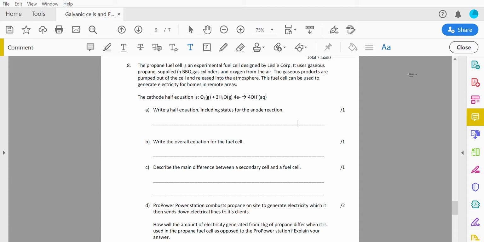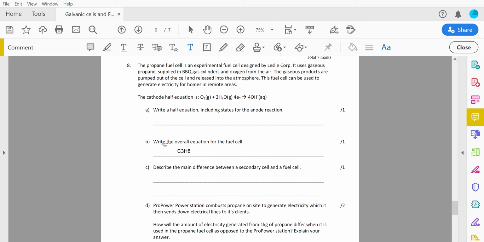So, first thing we're going to do, we have to calculate the half equation for the anode reaction for a propane fuel cell. So, again, oxygen is going to be reduced at the cathode. Our fuel, propane, is going to be oxidized at the anode. A good place to start is actually writing the overall equation for the fuel cell. Because, if we think of it, when we have these hydrocarbon fuel cells like methane, like propane, what's actually happening overall is a combustion reaction. So what we're going to have is